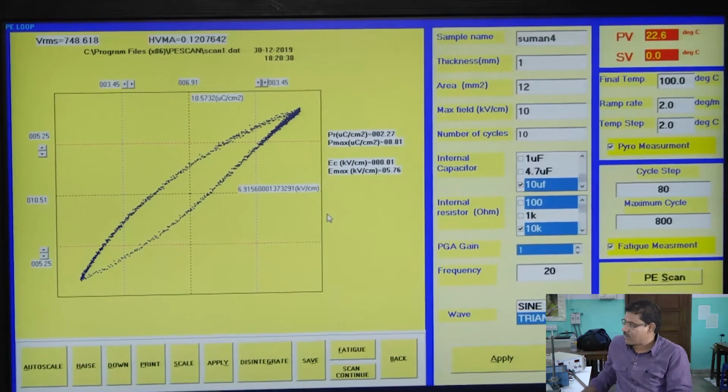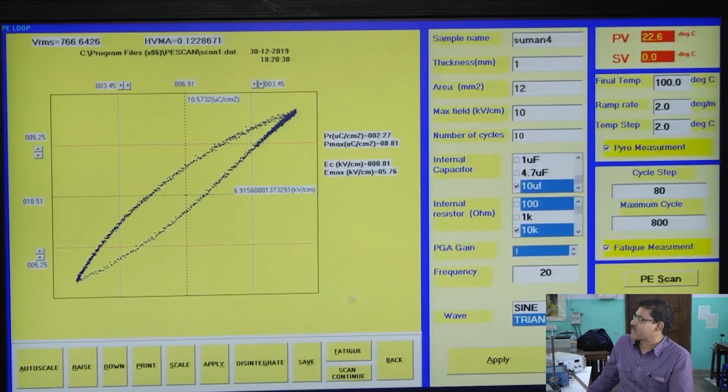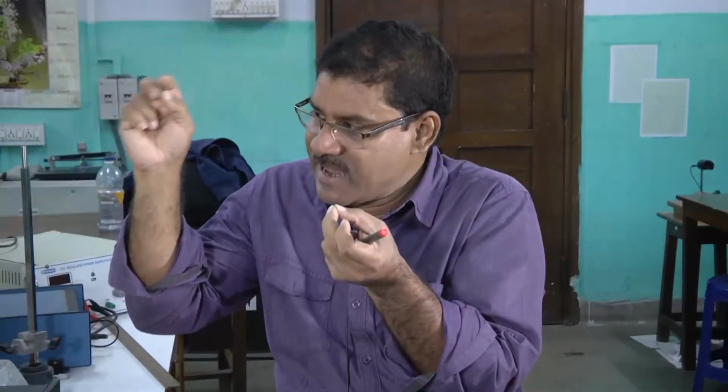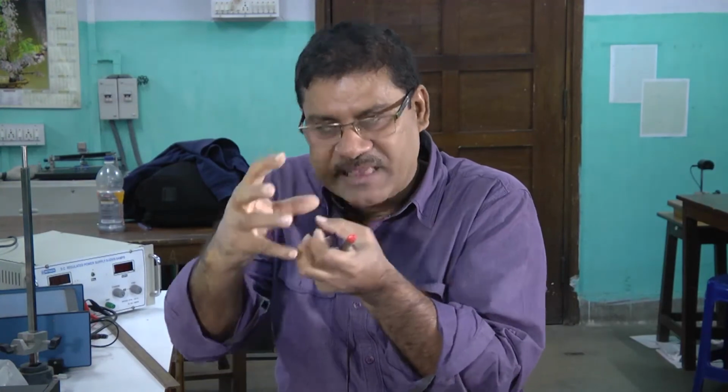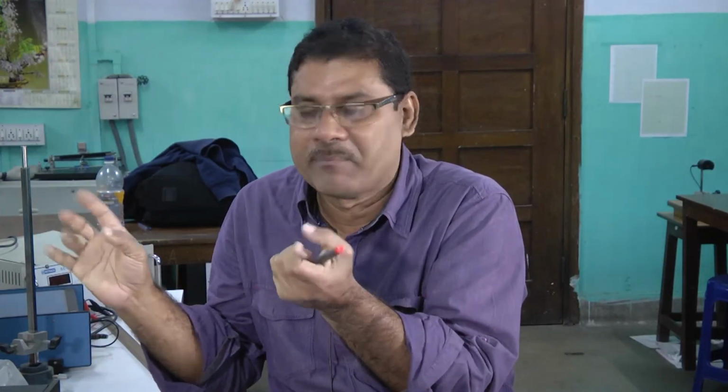In the computer we have this option for doing the experiment with temperature, meaning it will vary the temperature. For each temperature it will measure PS, PR, and even EC. All these parameters it can then plot as a function of temperature.